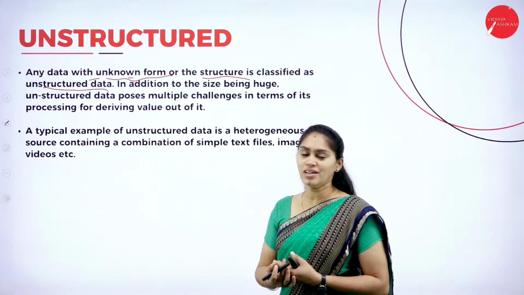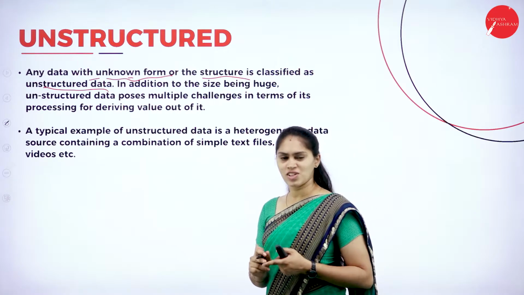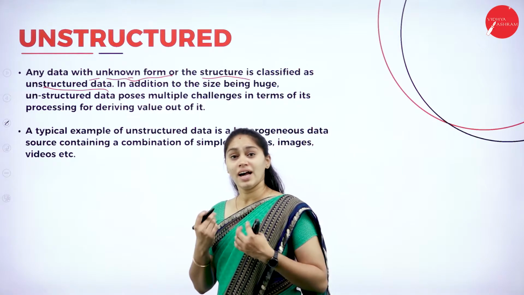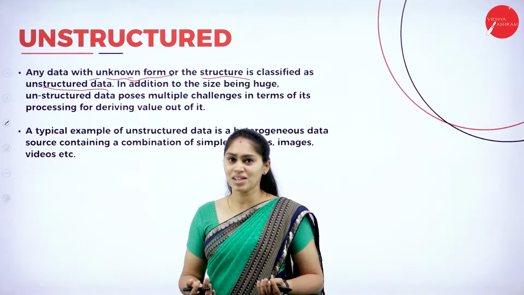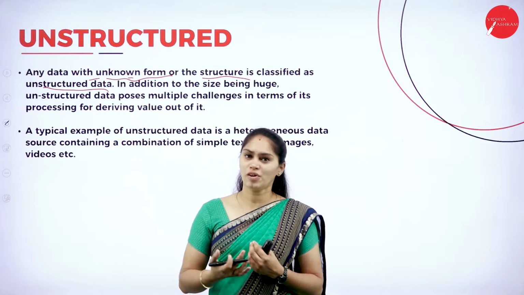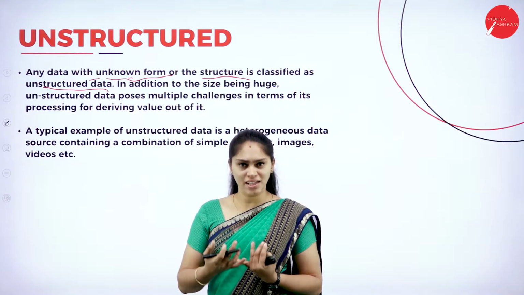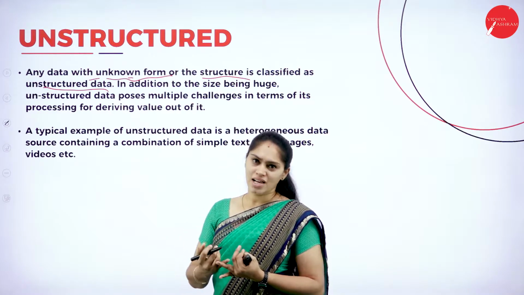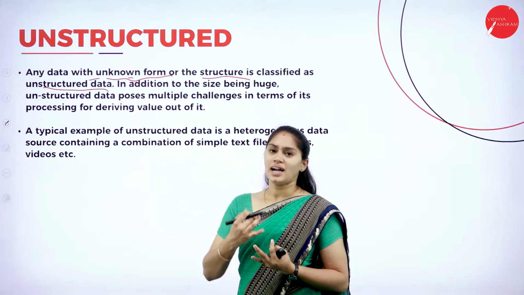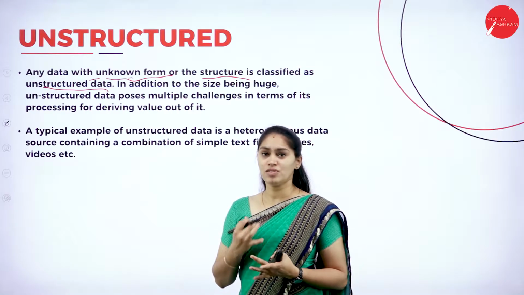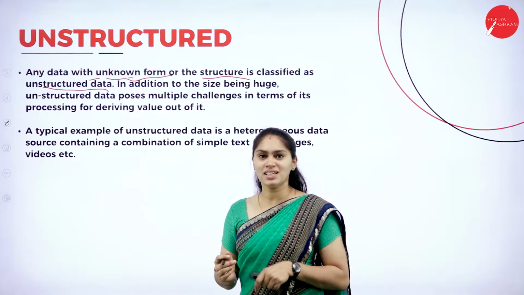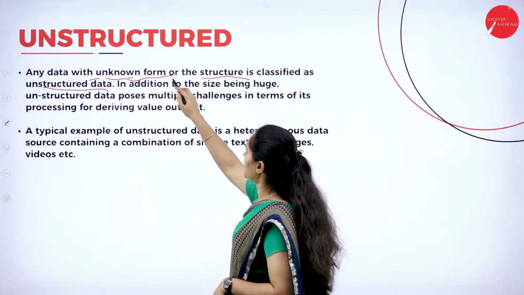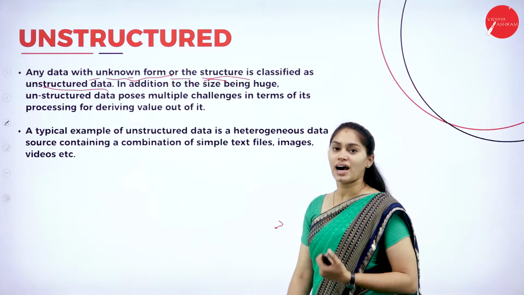Then what does it comprise of? There is no structure, so it can consist of images, videos, audios, or any numbers or alphabets or characters which do not have any structure or which are not following any fixed format. So if you take the example of images, that has what? A JPEG format is there, and we have PNG, we have TIFF. That means what? It will have a variety of formats, and the format is unknown. So that kind of structure will be termed as what?